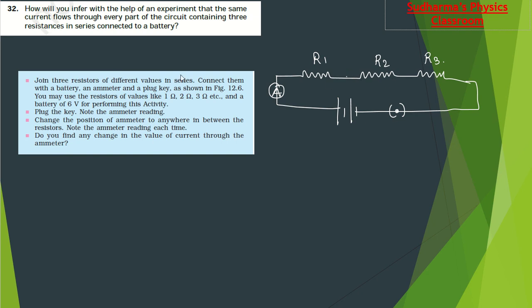Okay, so this data I kept here so that you will understand where it is in the textbook. Just refer to figure 12.6 from your textbook. They didn't even show the ammeter changing position. They showed only one position of the ammeter. So we have to explain it. We are going to connect it at different positions and note down the values. And once we note down the ammeter reading, we can observe that it has not changed. Okay, so that's about the experiment.